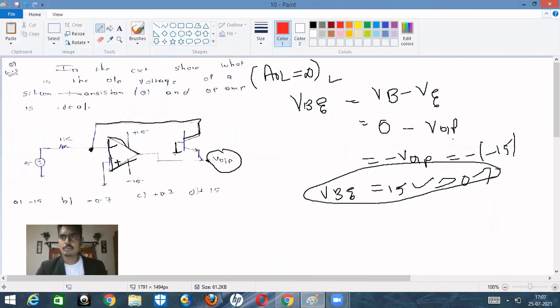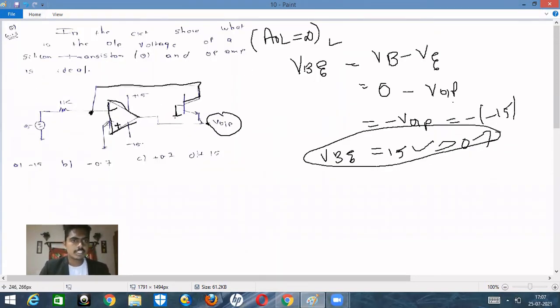So now we will go on to the circuit. You can see this one, since it is connected to ground, it is nothing but 0 volt, isn't it? Here the voltage value is given. So what is the current in this branch? The voltage is 5 minus 0 divided by 1K. 5 by 1K is nothing but 5 milliamperes. The current flowing through this branch is 5 milliamperes, since this 5 volt is known. Since it is an ideal operational amplifier, the current into it will be 0 amperes by default.